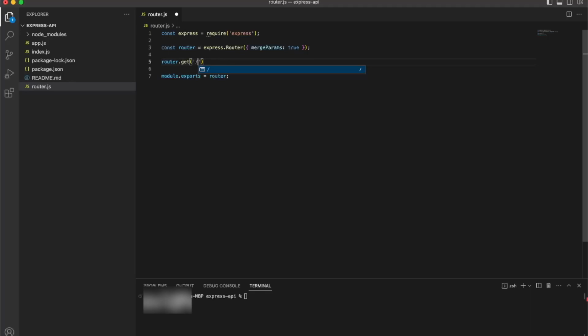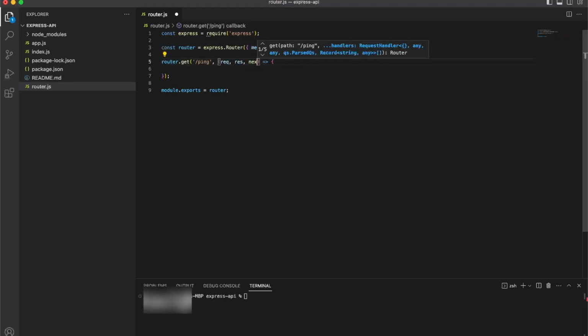So I'm going to be calling it ping, and then just creating a function. Here, this function will be called once the user calls this URL. So we need to send a response here. And to do that, we're going to be